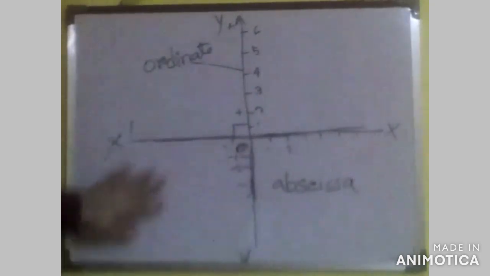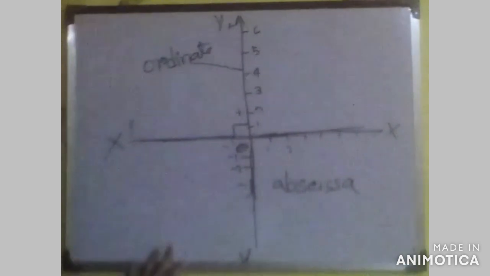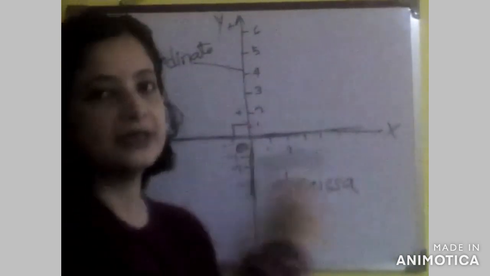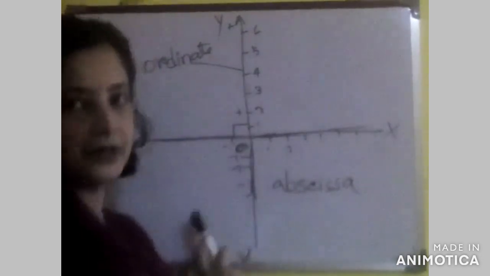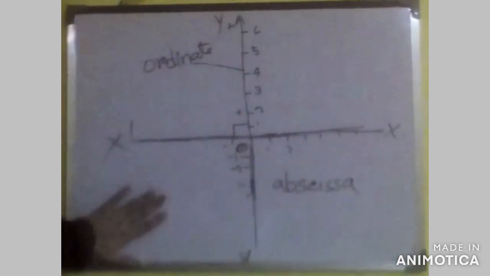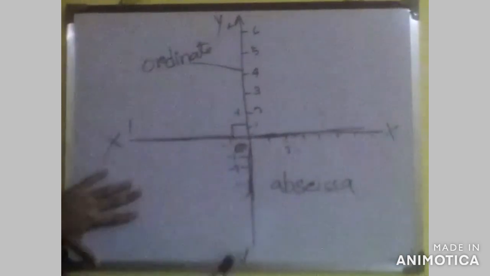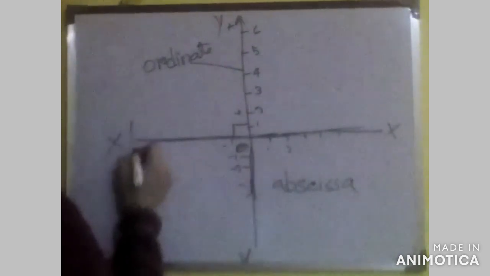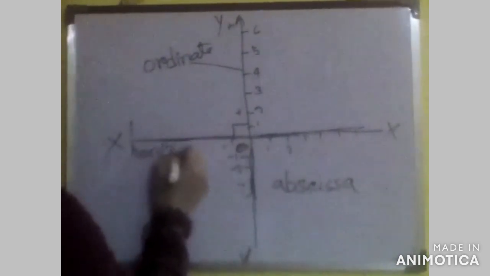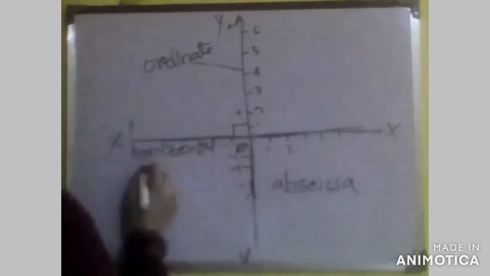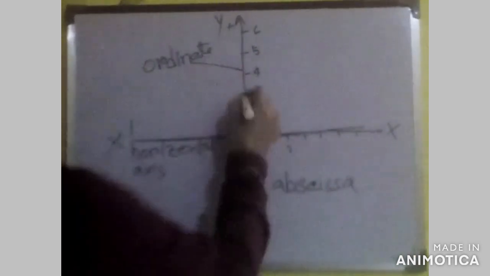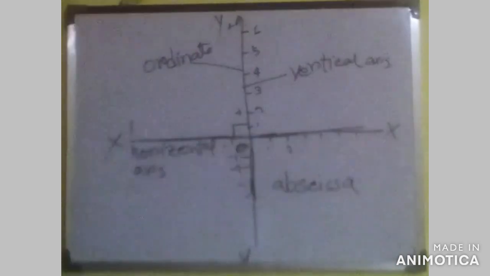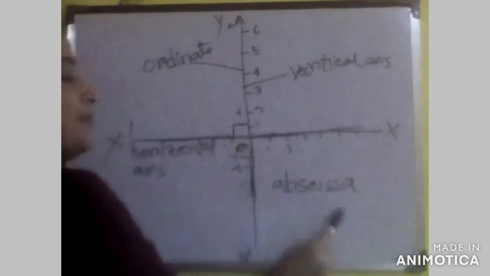Note that a Cartesian plane will not always be two-dimensional. It may be three-dimensional also, but here we will discuss this two-dimensional Cartesian plane, where we get two axes: the x-axis, which is also known as the horizontal axis, already I told it, and this axis, which is also known as the vertical axis. Now we are getting these four separated spaces.